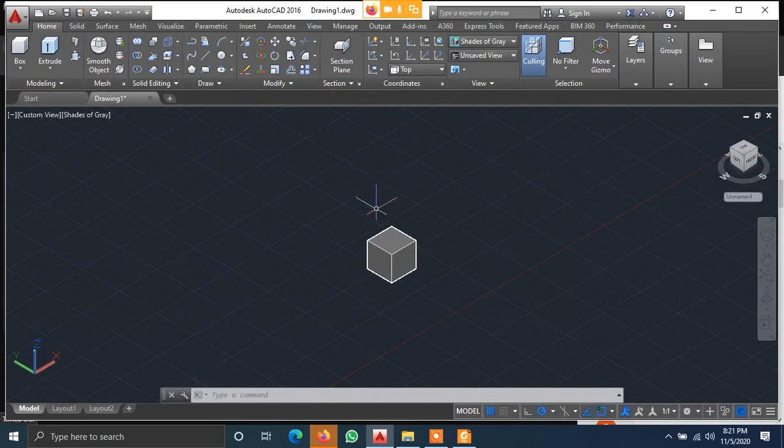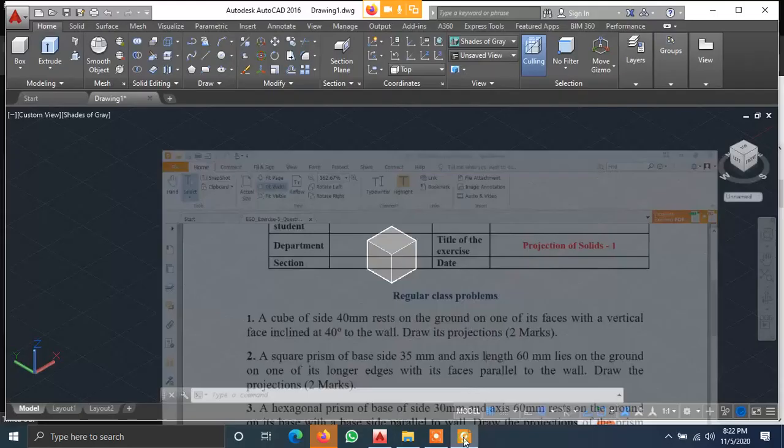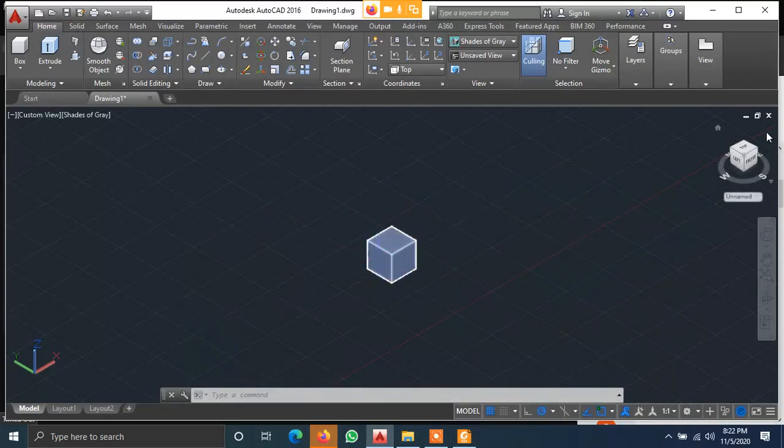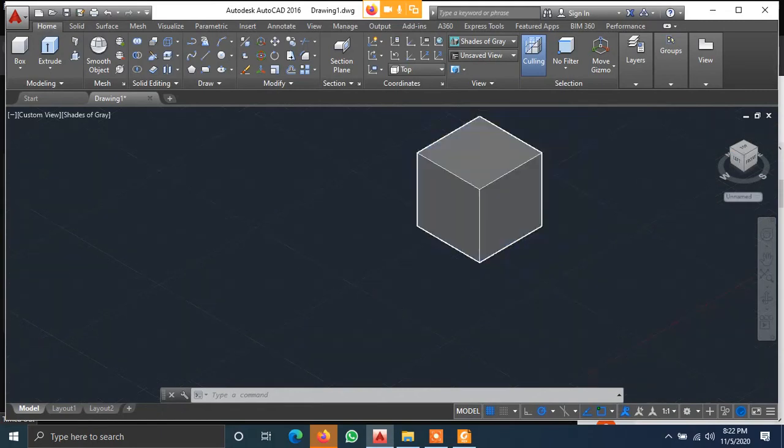Now, the next thing is I have to rotate the whole cube by 40 with respect to what? With respect to the face. That is what is given in the question. Okay, with the vertical face. So the vertical face is this part. You can visualize this is the vertical face. The cursor region is the vertical face.